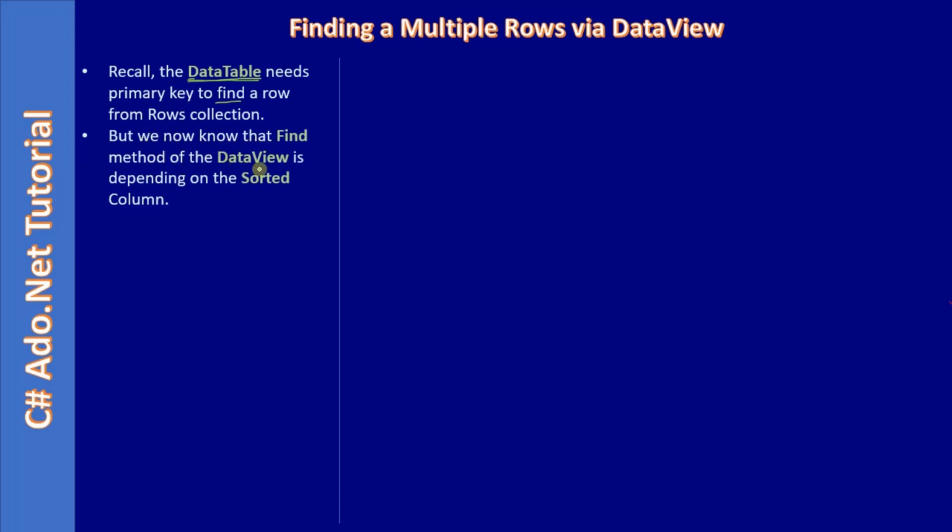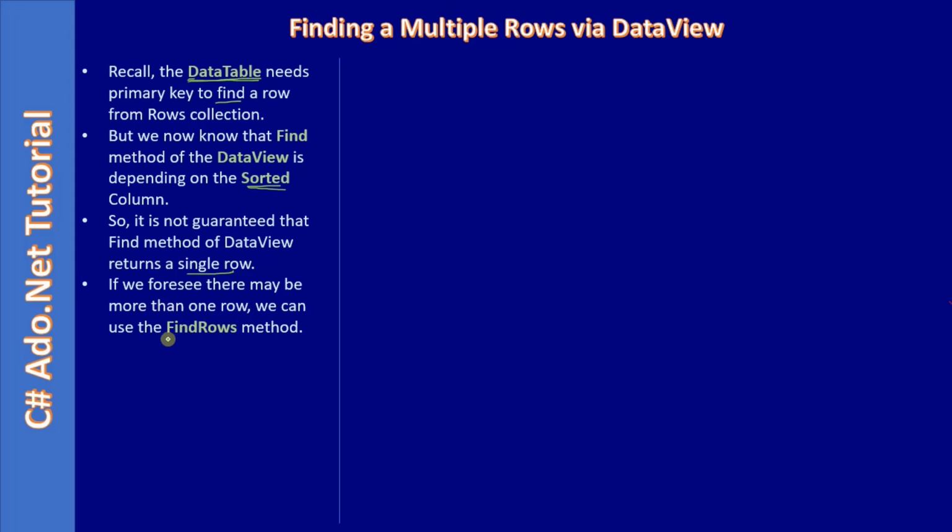But we know that the find method of the data view depends on the sorted column. So recall, the data table needs a primary key, but the data view doesn't need any primary key, but it requires you to sort the specific column. After that, apply the find method on that specific column. So it is not guaranteed that the find method of the data view returns a single row. It's up to you to decide whether the specific column is unique or not. If it is unique, you can go ahead with the find method because it will be fast. If it is not unique and you suspect it may not return a single row,